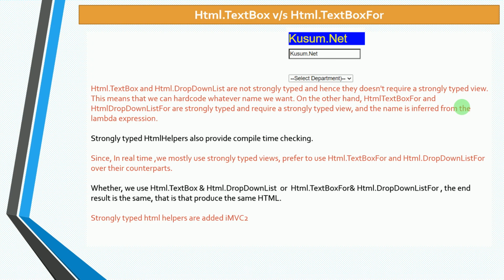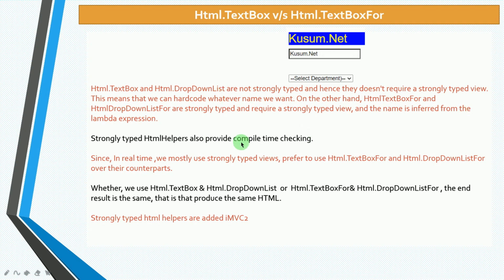On the other hand, Html.TextBoxFor and Html.DropDownListFor are strongly typed, require a strongly typed view, and the name is inferred from the lambda expression. Inside of the view, we will use this lambda expression for strongly typed view, and inside of the controller method, we will pass the object of the class. But in DropDownList and TextBox, we don't pass that company object, just use the ViewBag properties.